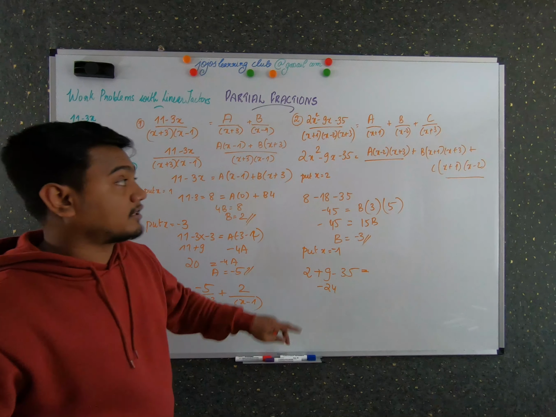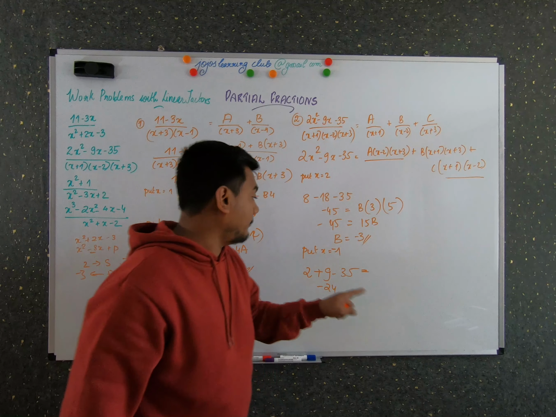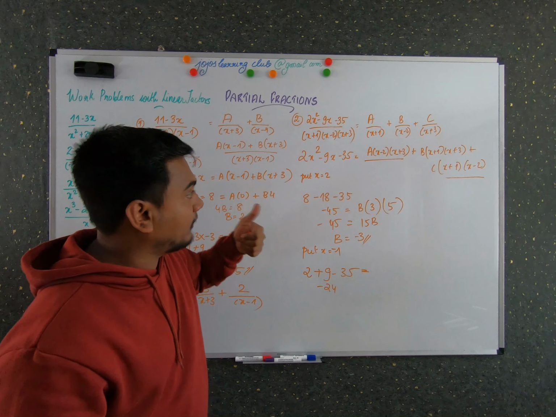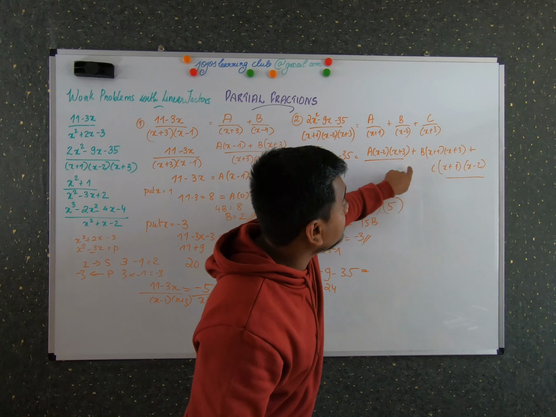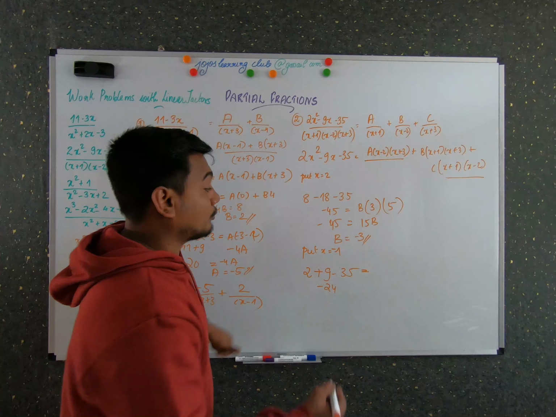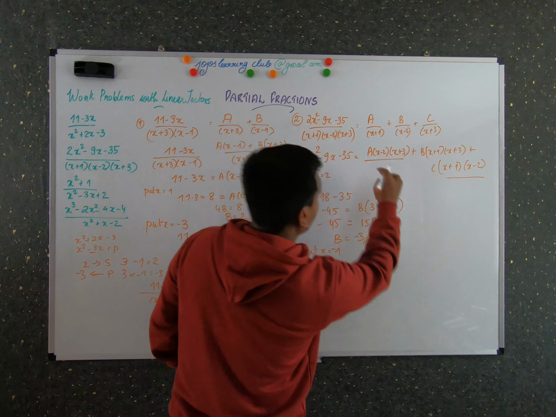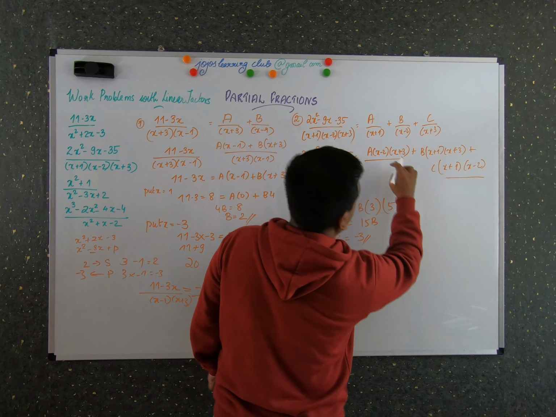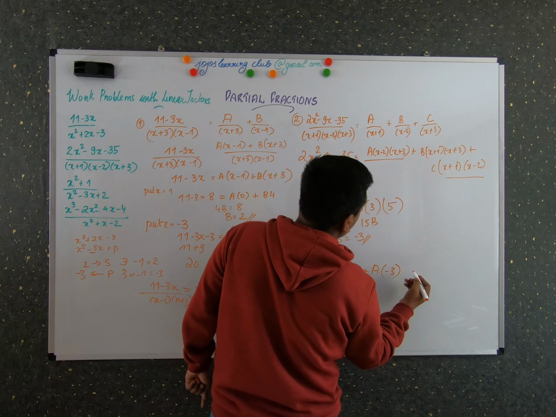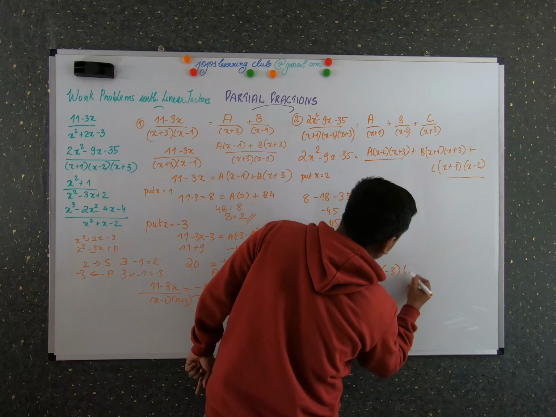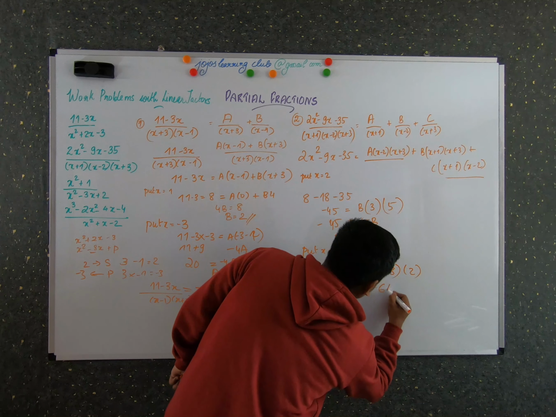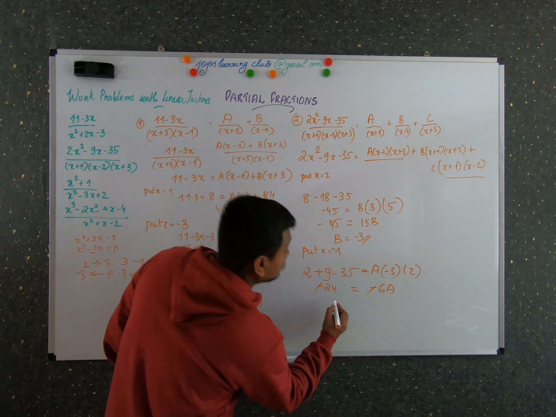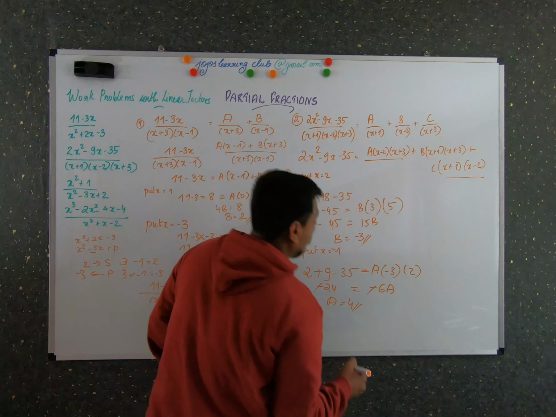Now let me do the RHS. Which terms would get 0 over here? Let me check. So this term and this term get cancelled, and we can find the value of A from here. So x into (minus 1 minus 2), minus 3. Again, minus 1 plus 2, and minus 1 plus 3 is 2. So minus 6A is equal to minus 24. Negative and negative get cancelled, so A's value would be 4.